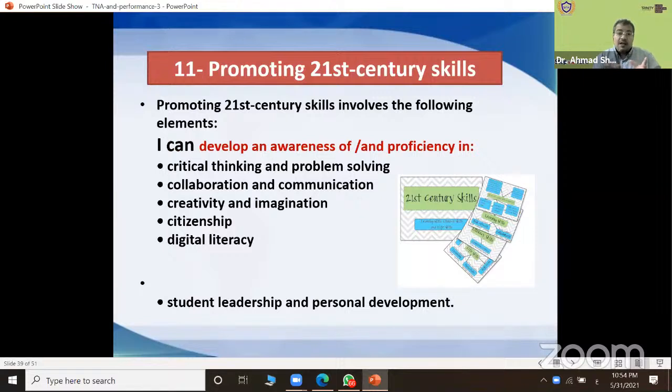These are the 21st century skills I need to develop in my students. Can I do that? If I can't, I should develop myself. Student leadership and personal development. These are all the 21st century skills we need to focus on while teaching.